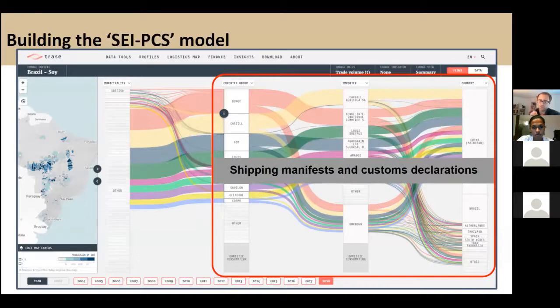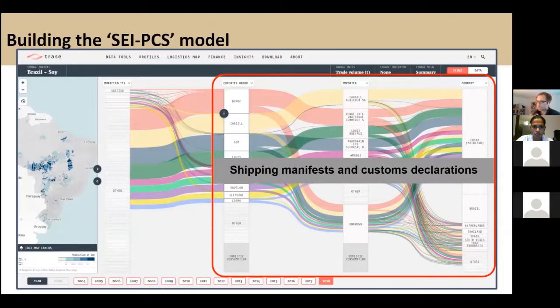So the starting point for the subnational modeling is that we have the companies that are exporting the commodity. We also need some subnational production data, and we also need some information on the facilities. We need a way to distribute the sourcing through the country. So what we do is we get information from governments, from self-declarations, which is where companies provide information on where their facilities are, and other research into logistical hubs.